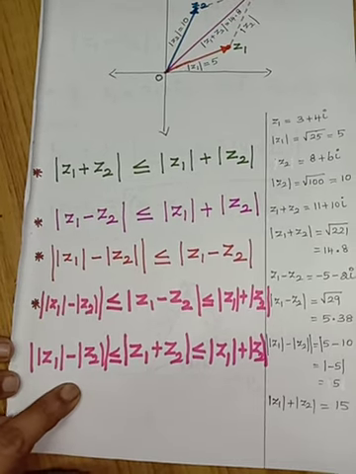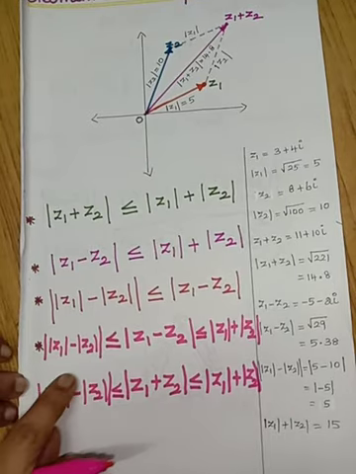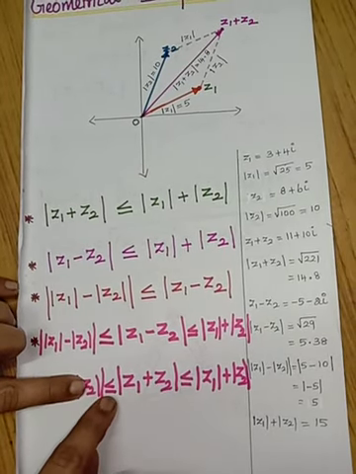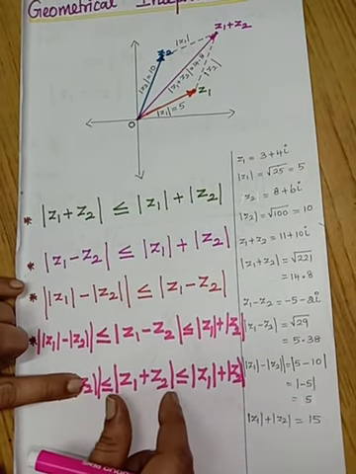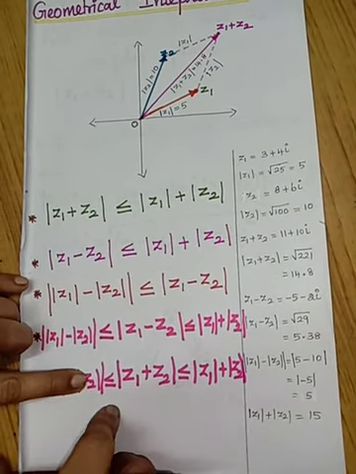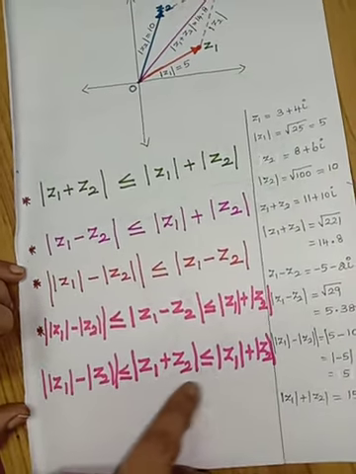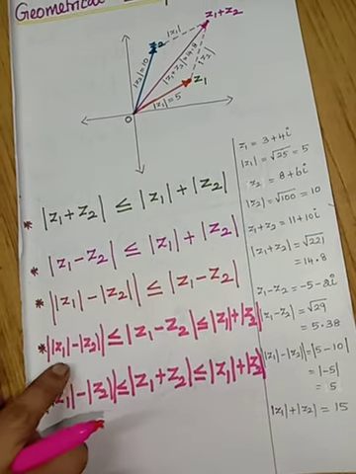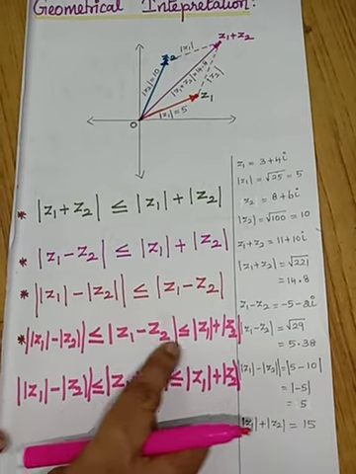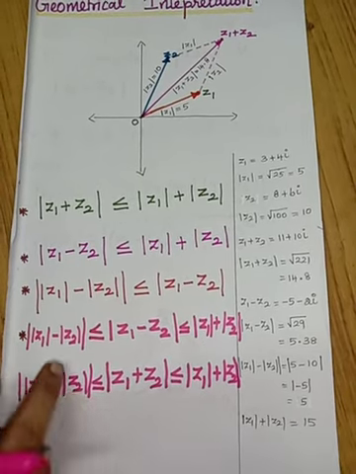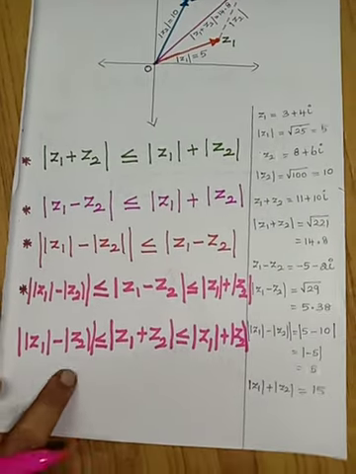These two results are very, very important. You see the example, what is this value? This value is 5. Okay, less than or equal to, what is modulus of z1 plus z2? That is 14.8, that is 14.5 is less than 14.8, less than 15. So we can take this result very well. In the same way, here 5 is less than 5.38, that is less than 15. So to find the lower and upper bound, we have to use this formula.